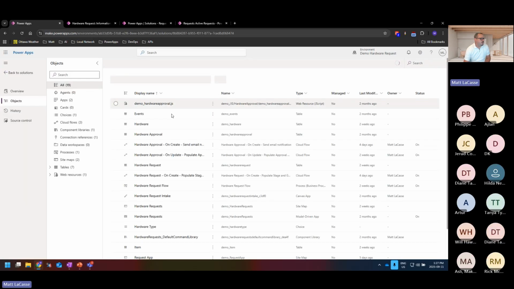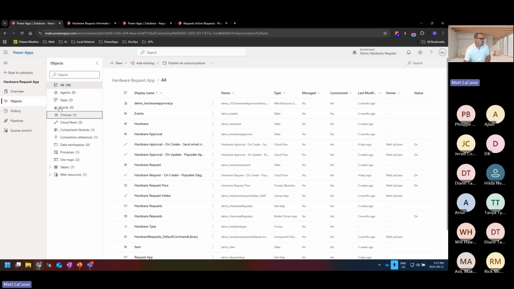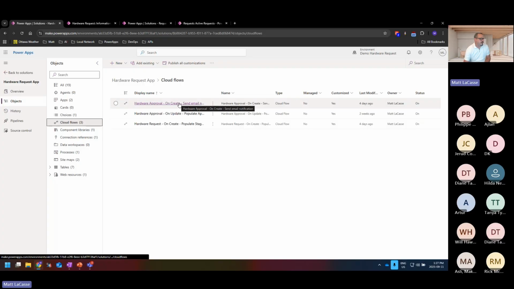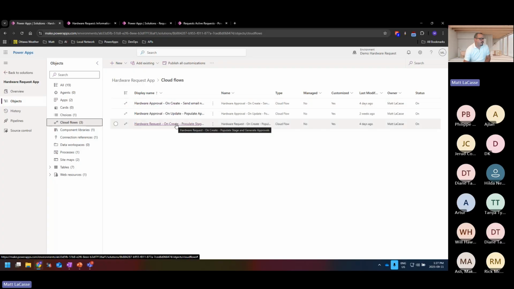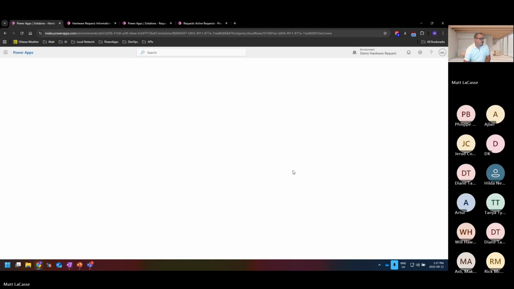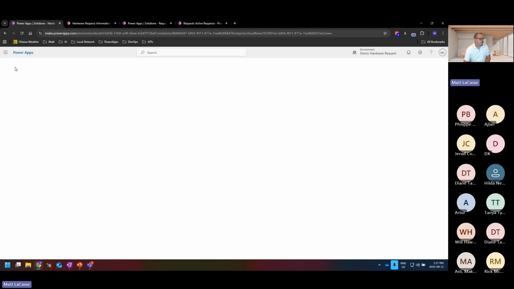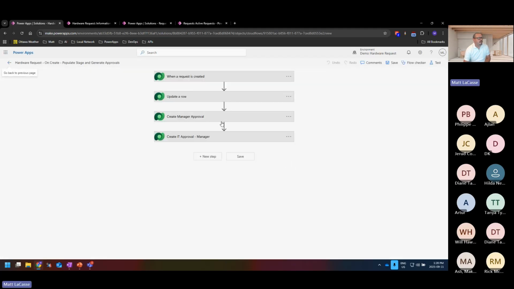And that's in this one here. So again, we were prioritizing speed over configurability. And when our request is created, we just have a couple of tasks in our flow that are adding records for those approvals. But again, if we needed to add another one, again, we're cracking open the app.